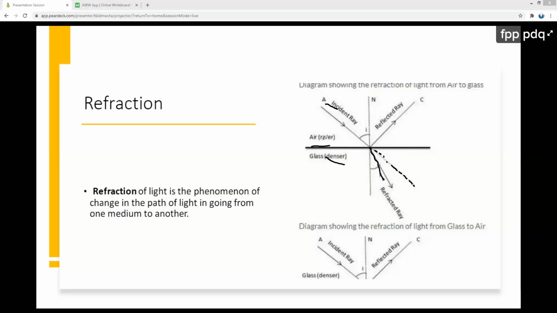So suppose this was glass and this was air, then the incident ray would go like this. This is the normal, this is the traced back incident ray, it's going away from the normal. Yeah, that's this, that's that. Next,